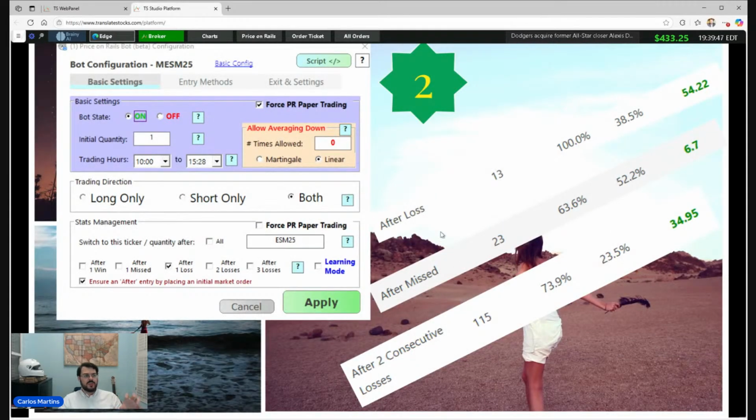Here, number 2, the AI trading agent. Here is the configuration screen for the agent. What I want to show you here is why we have this name, the rails. You have reports. You have a lot of different biases for your trading. One of them: what happens when I have a loss? What happens in the next trade when I have a loss? What happens in the next trade when I have a missed trade? Or what happens if I have 2 losses in a row? So all these statistics, we are calculating them for you.